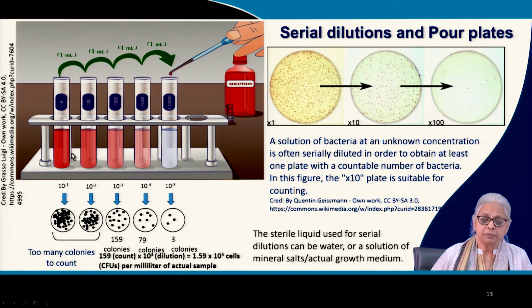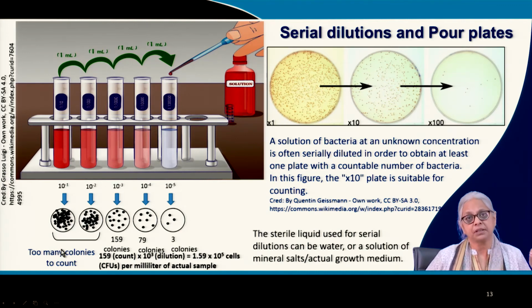Now you take 1 ml from this after mixing it properly and plate it on Petri plates. You can use spread plates or pour plates, either way. You can see the first two results, they are too close. The colonies are overlapping, they have fused together, so you will not get a clear result. In this case, we say too numerous to count. TNTC stands for too numerous to count.